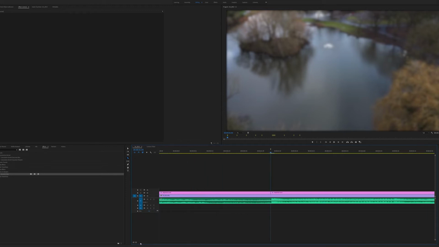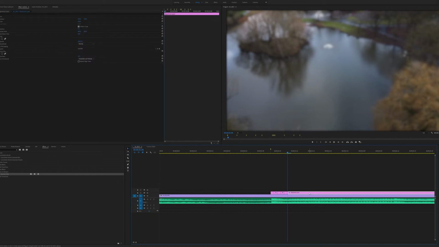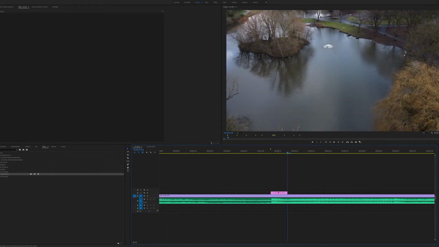I'm then going to zoom in even further, hit the right arrow key, and razor again, and again, and again. So we've got 1, 2, 3, 4. We want one more, so we want 5 in total. I'm then going to hit V on the keyboard for the selection tool, select everything forward of the first razor and delete it, and everything aft of the last razor and delete it. So we've ended up with these 5 individual little adjustment layers.